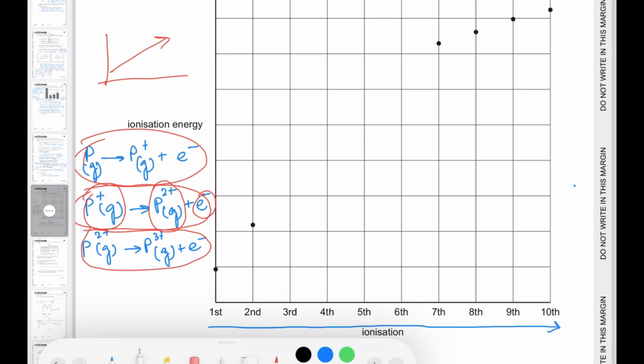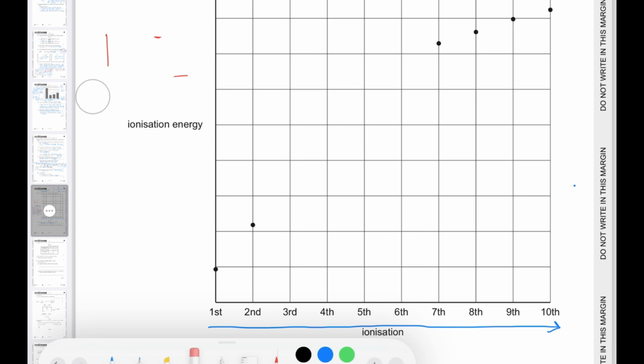In addition to this trend, there's also a large jump in ionization energy whenever an electron is removed from a shell that's closer to the nucleus compared to the previous electron. For example, let's put this into perspective using phosphorus itself. Phosphorus, being a group 5 element, has 5 electrons in its outermost shell. And the sixth electron that's removed